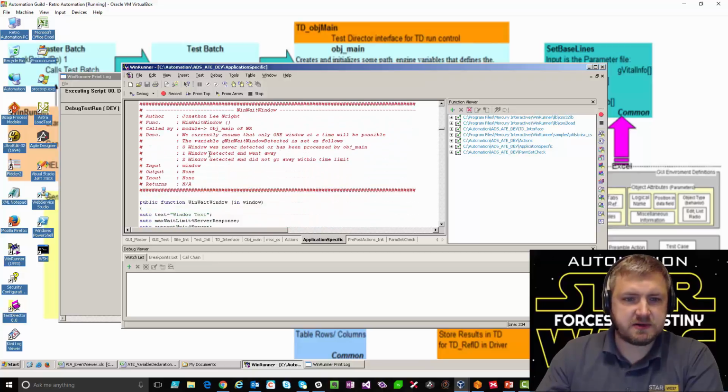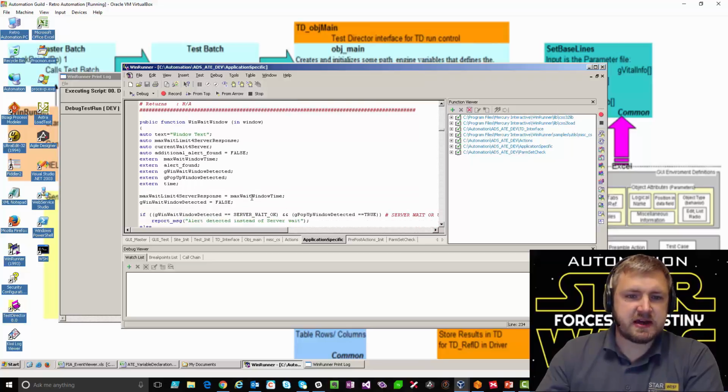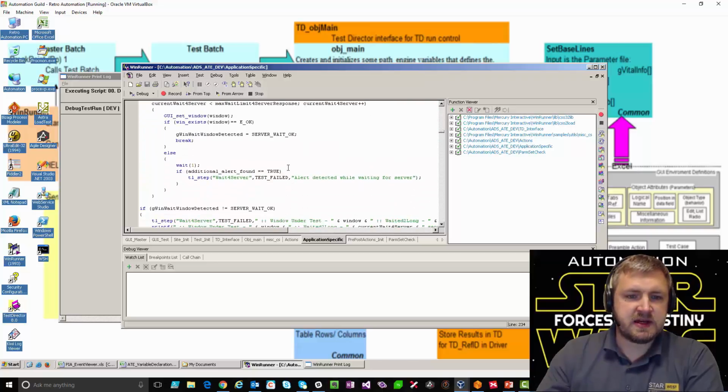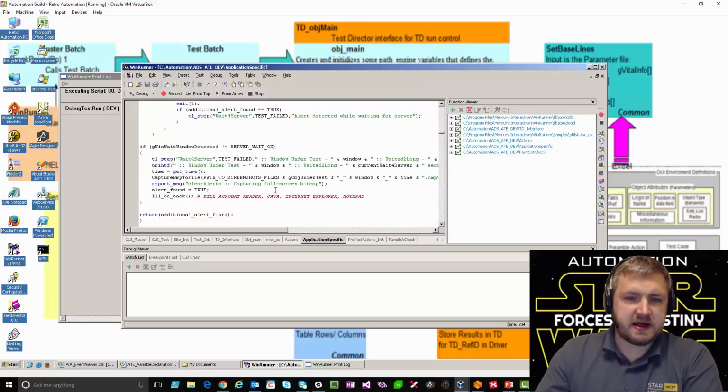If I scroll to the next one, here's an example of one which is win wait window, where it takes in a maximum time it's going to wait for a window. It then waits for that window to exist and then enters it, and equally reports out that it has happened. If it hasn't, it captures an image.